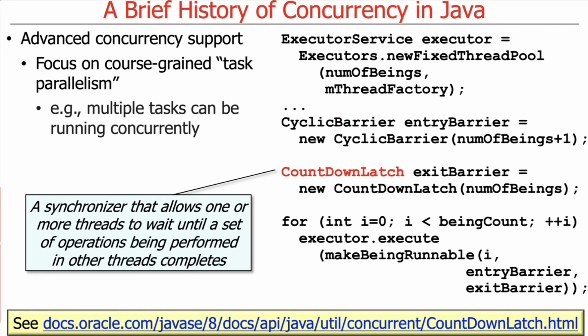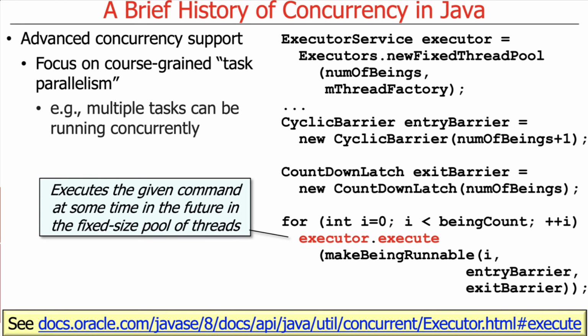We also have this thing called a countdown latch, which is used as a so-called exit barrier. As each being finishes doing its thing, it'll decrement this count atomically. And then you know when you're finished. The last thing we do here is for all the beings, we say execute a runnable that we make with the number and the entry and exit barrier. So we'll cover that stuff in more detail. You will learn a lot about this with one of the assignments. I can't remember whether it's assignment 3 or 4, but you'll get a chance to see how to program these